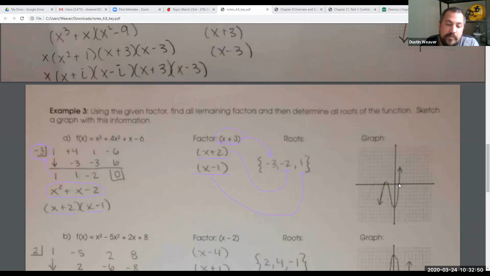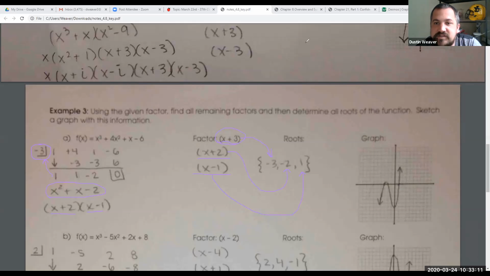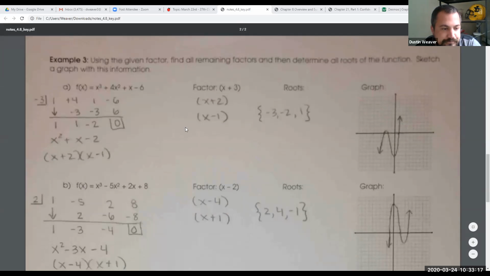Okay, we're going to do part B, and then once we finish part B, we're going to mark off the rest. Remember, we're not doing C, D, or E. Once we finish that, I'm going to tell you which questions I would like for you to do from the homework, because we're not going to do all those questions either. But I'll tell you which questions you need to do for your homework, and then after that, we'll be done for today, unless you have any specific questions, and I'll stay on here for that. So let's move down to part B.